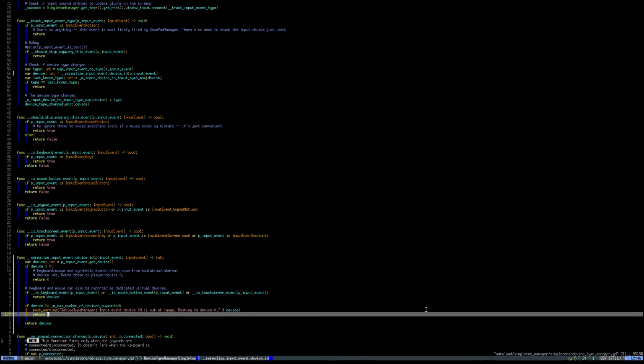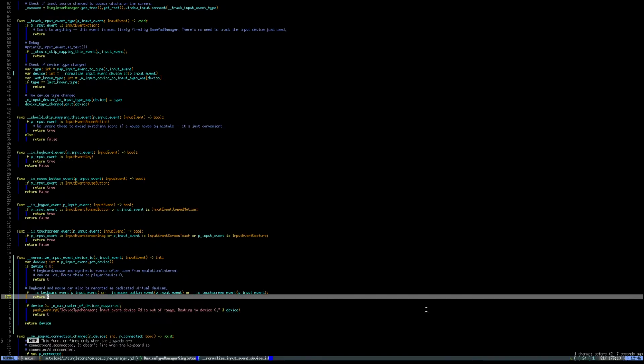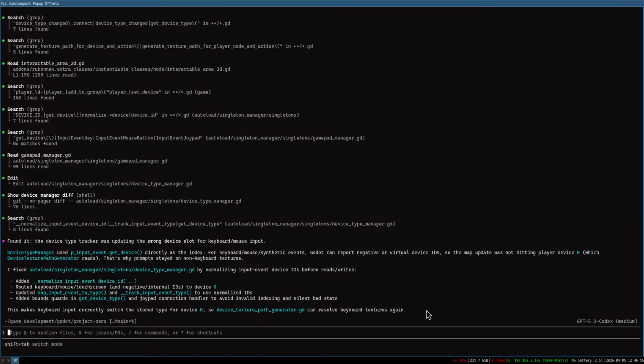It should be fine as well. No, let me ask it to not normalize. Not normalize device ID. Look at the comment. Godot will have support for multiple keyboards in the future. I want specific device ID for the keyboard, even if